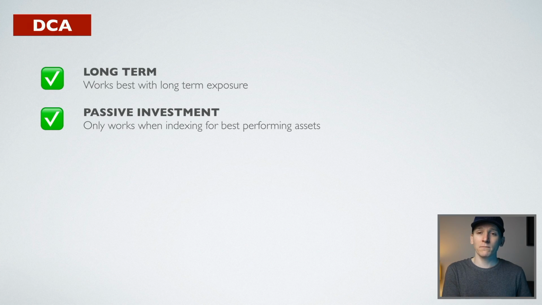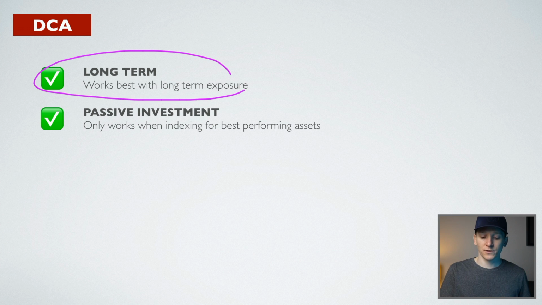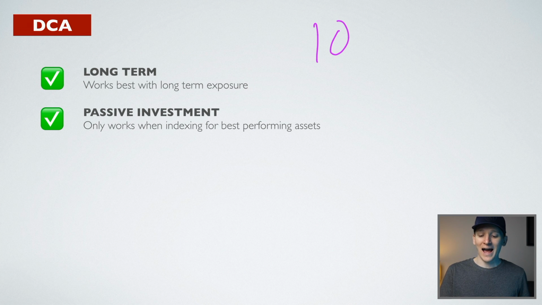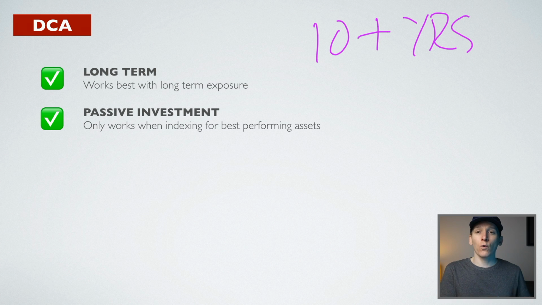Most of the time, the main method that people use to invest is dollar cost averaging, or DCA. This is where you choose one or a group of investments or a group of assets and just add to them over time. So if you've got an investment plan, you choose the assets that you want to gain exposure to and you just invest over the long term. So this is only really good for a long-term strategy. And what I mean by long term is at least 10 years. So I wouldn't expect to be making any money or even try to call back the assets that I've invested for at least 10 years.